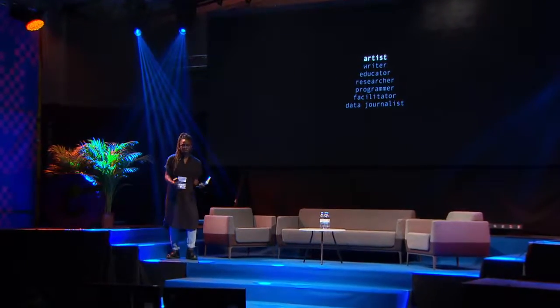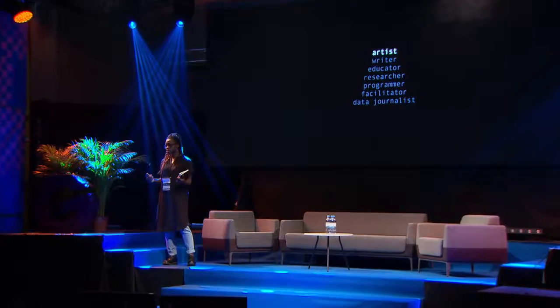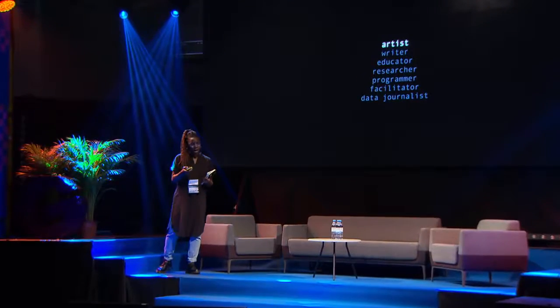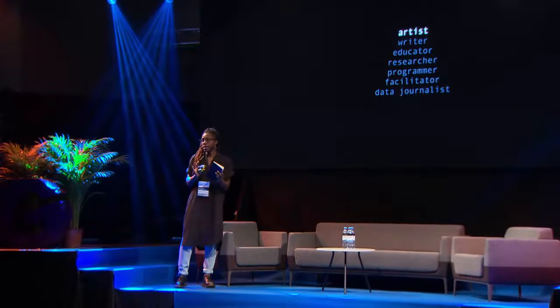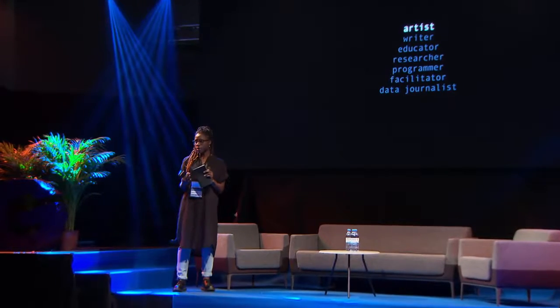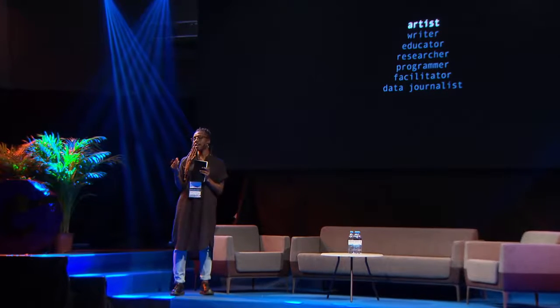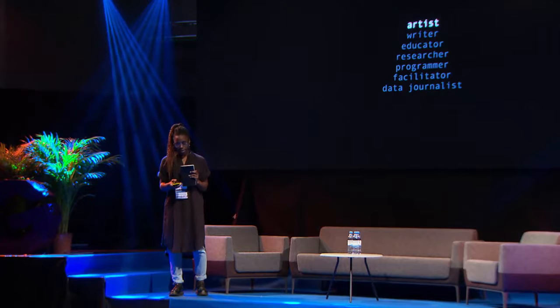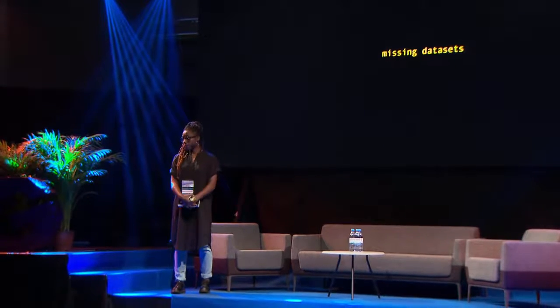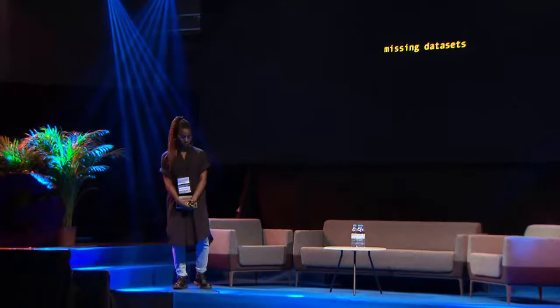So what I'm trying to do is kind of turn on its head the way that we normally think about these issues, which for many feel really abstract and in the air. And what I want to do is kind of bring them down to earth so that we can see what actually this means for us. And I want to show a big project that I've worked on in the past, which I think kind of exemplifies this in some ways, and also connects very, very much to this theme of AI and moral machines. And this is a project that I've been working on for a long time that is called Missing Datasets.